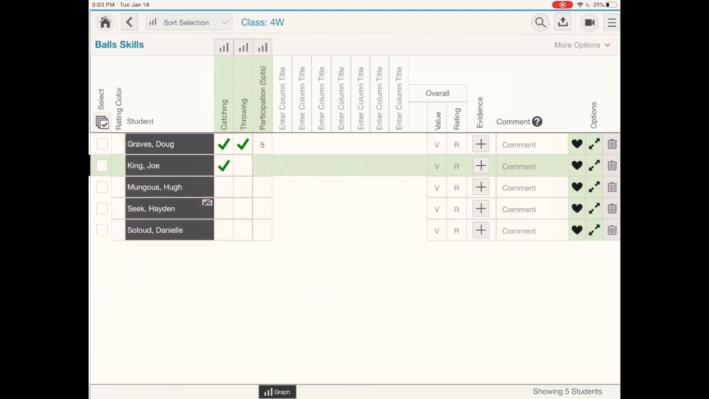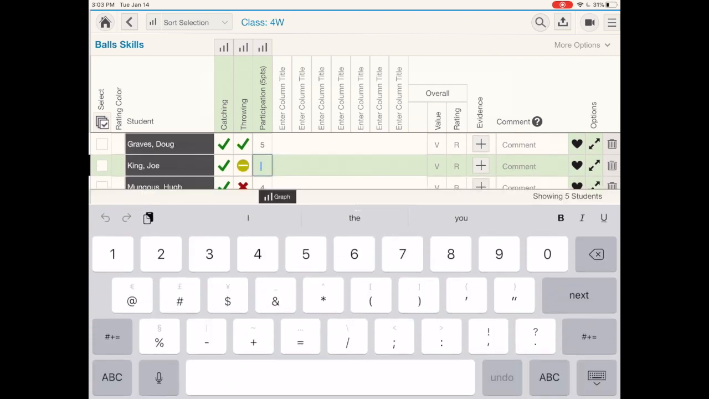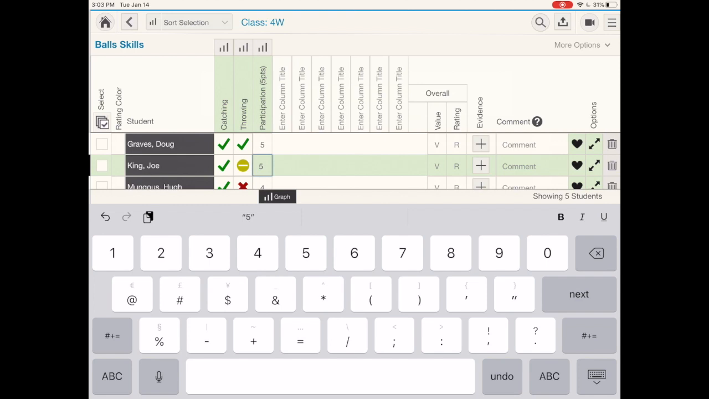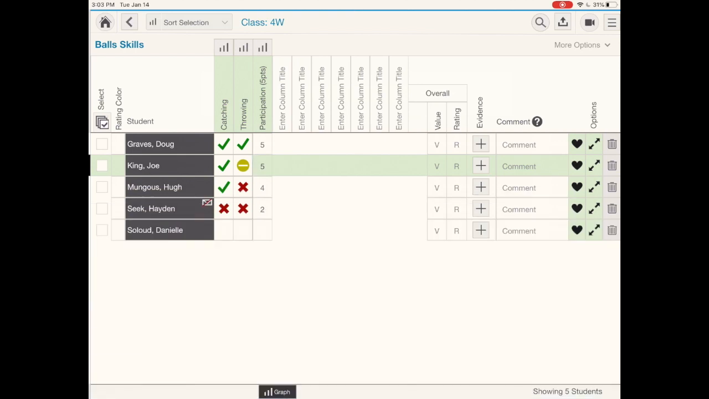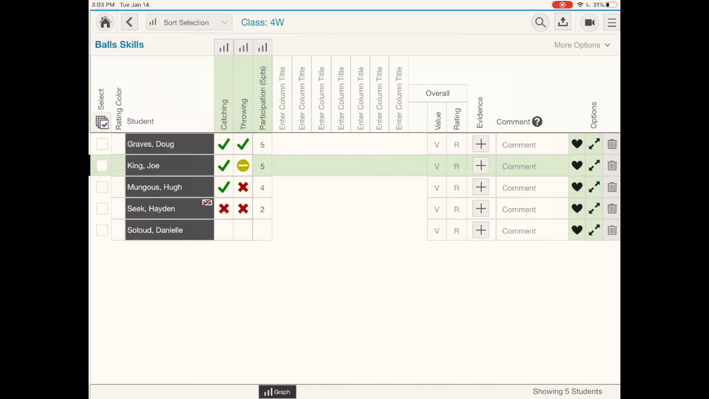I'm going to go through here and do that for different ones. I'm going to say this person doesn't have either, and maybe a 2. I'm going to put a 4 or whatever. So you would just go through and fill this out like that. It's an easy way to record information. I can also then select this, and actually before I do that,